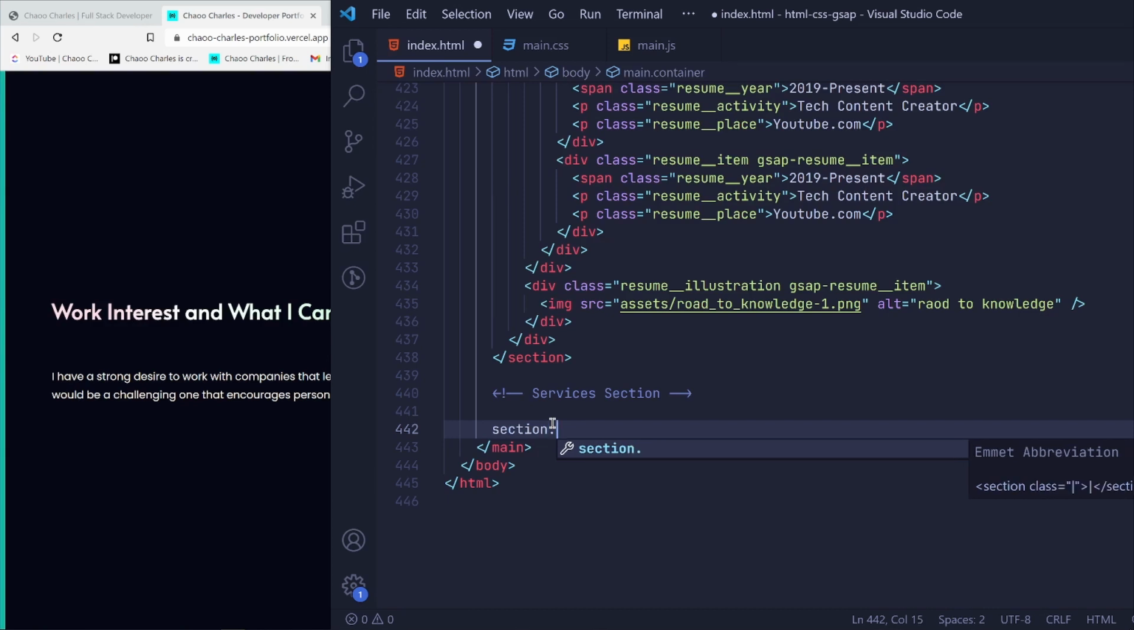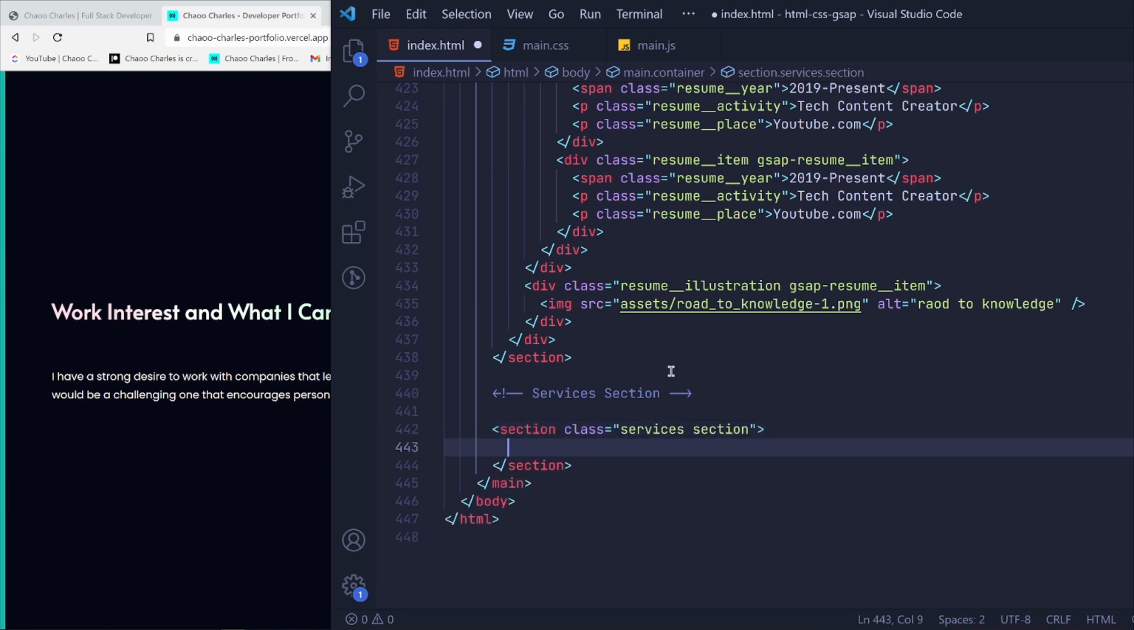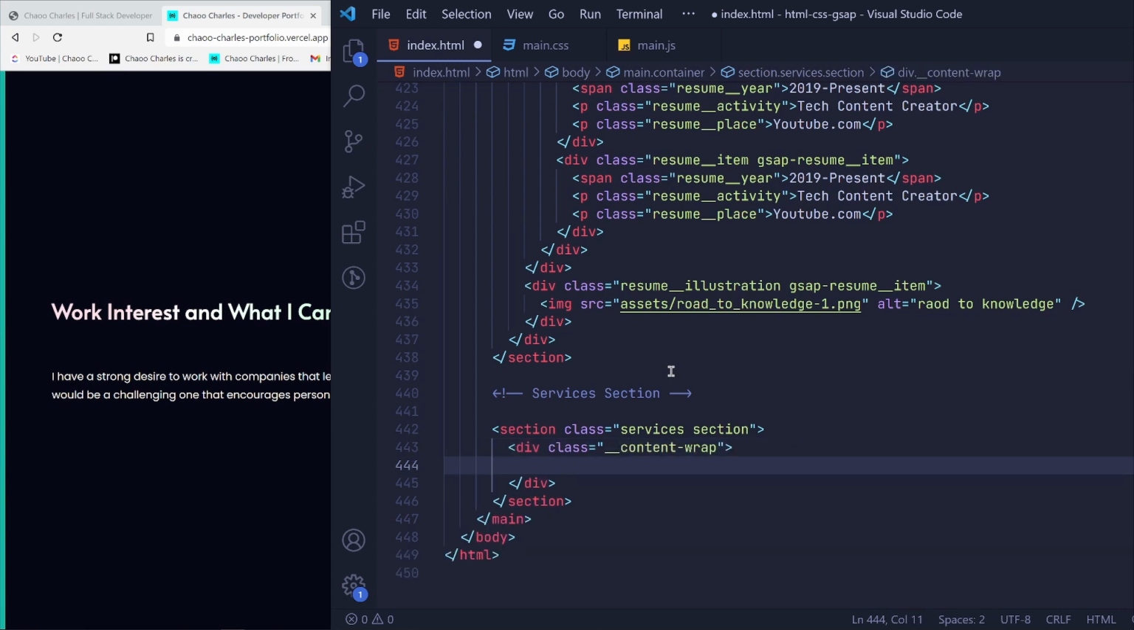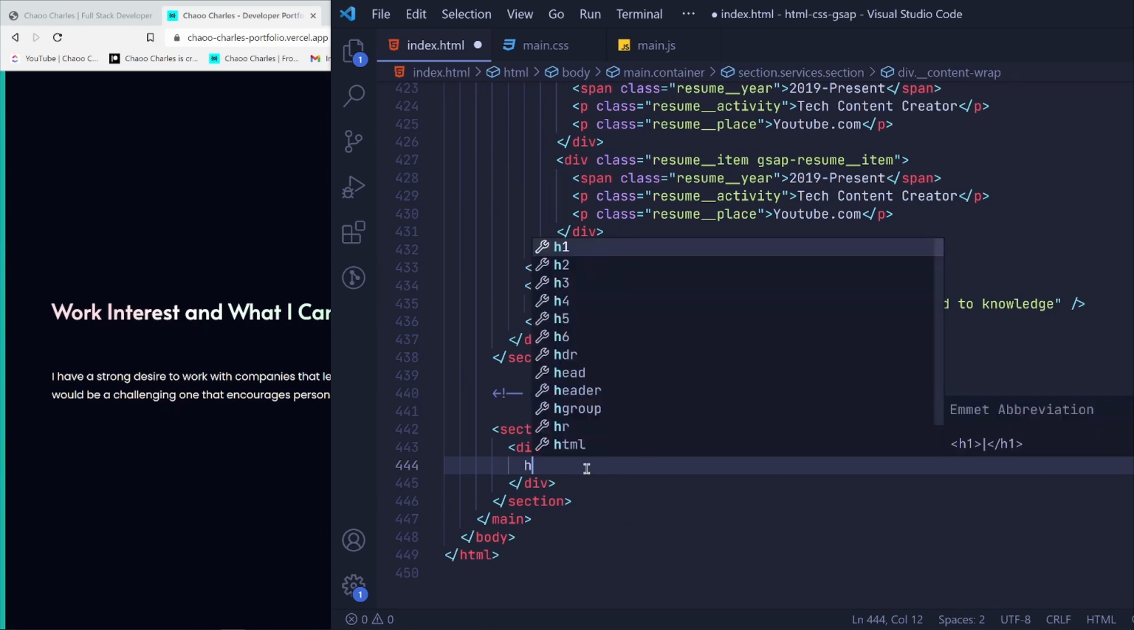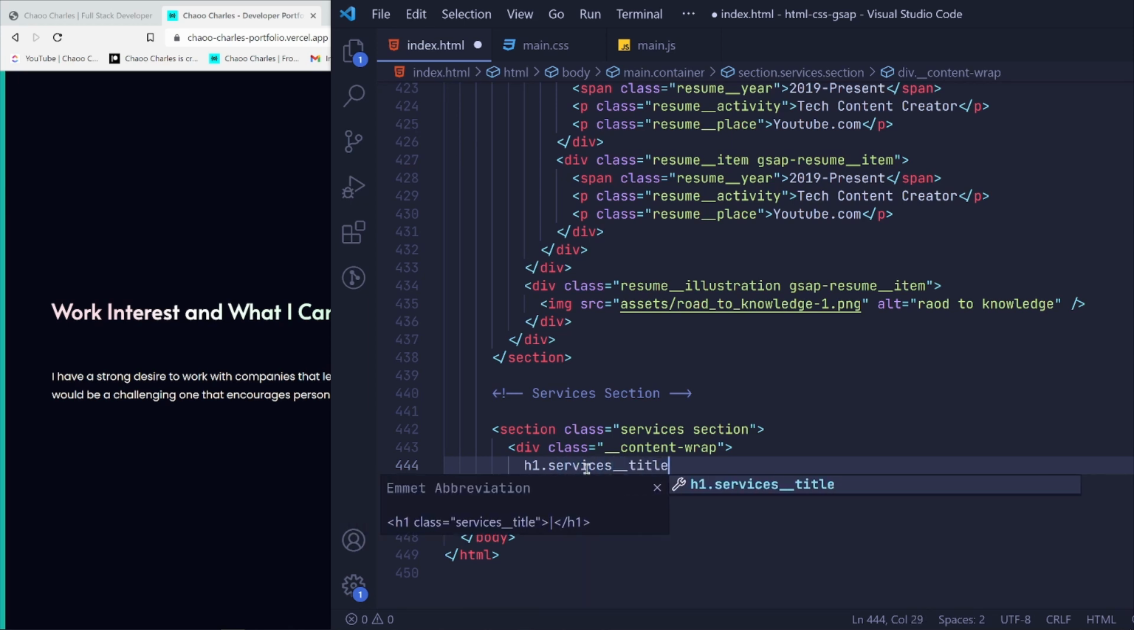And this will have a class of services and section. So services and then dot section. Then in here we'll have our content wrap. So let's say content hyphen wrap. Then in our content wrap we will have this heading, then this paragraph. We'll have a h1. We will give it a class of services title. So services title, and it will also have another class of title gradient,